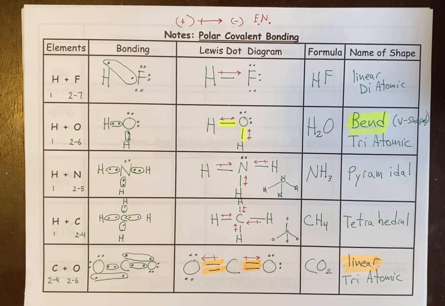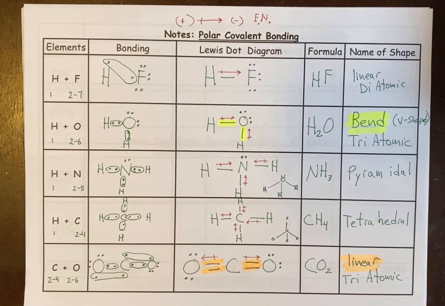Now, we're eventually going to do a lab with this where you're going to do all this, but then you're going to take the extra step of building the model. So you're going to actually take a wooden model kit, and they're color coded for the different elements, and you're going to build these molecules out and then draw them, and you'll actually see when you put that second bond in on that CO2, it does in fact pull the molecule back to a linear shape. There is a more advanced theory for this called VSEPR, which is valence shell electron pair repulsion modeling,